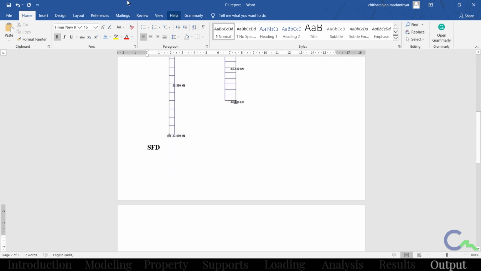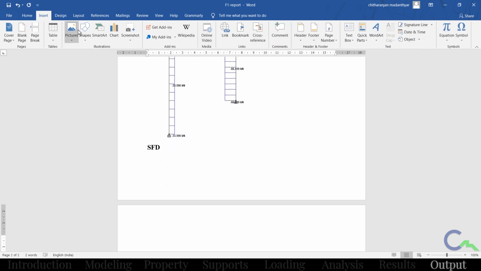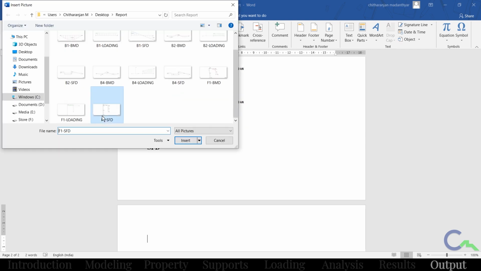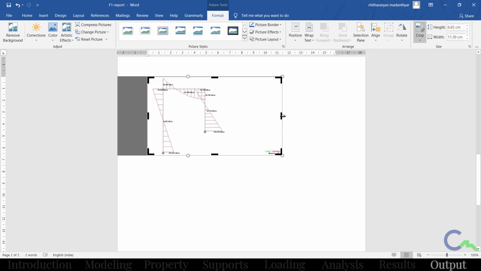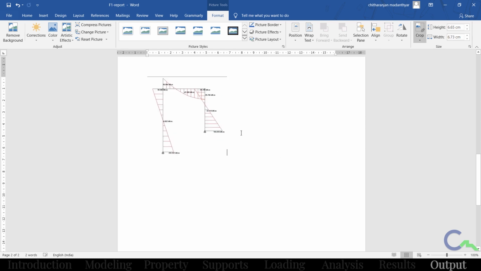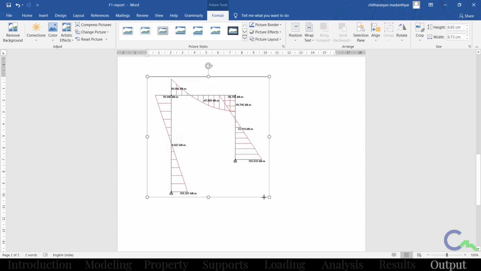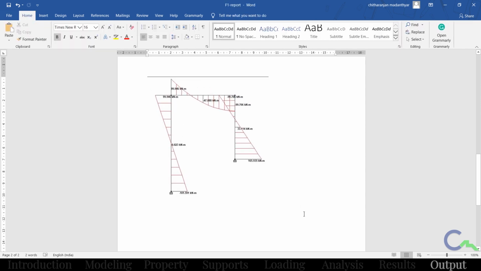Now I want to import the BMD. Go to insert picture from this device. BMD is here. Crop that. Increase the size.